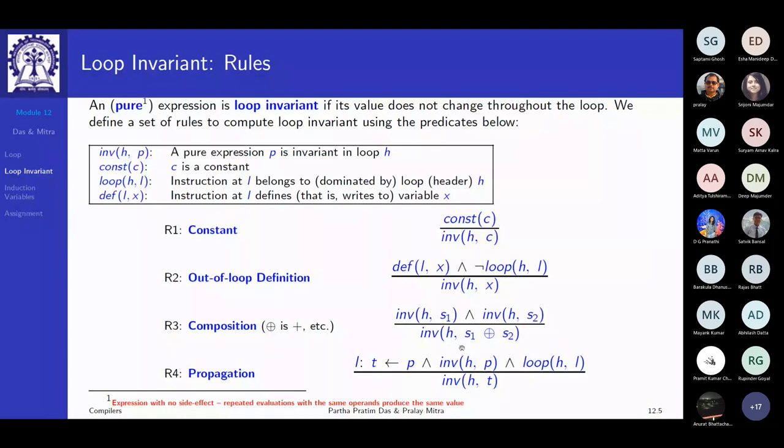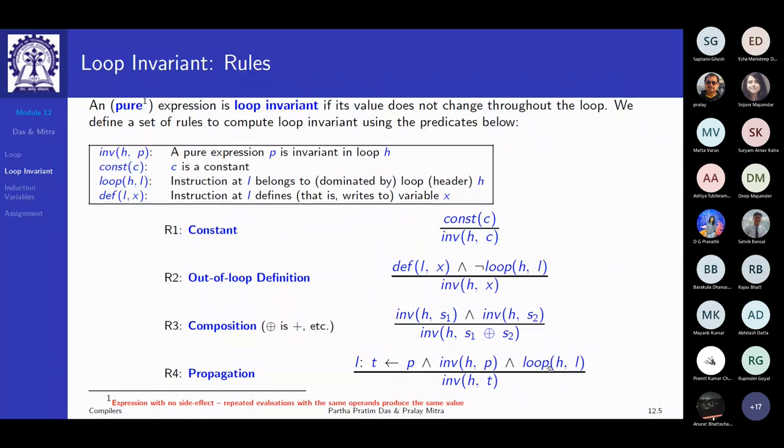So if, say, A is invariant, B is invariant, then A plus B is also invariant, or A multiplied by B is also invariant, which is the composition. And finally, the propagation, which says that if I have an invariant in the loop